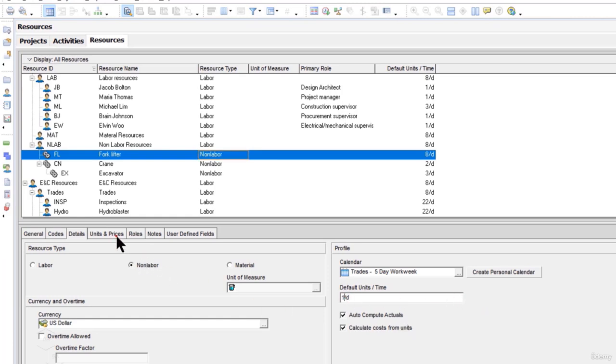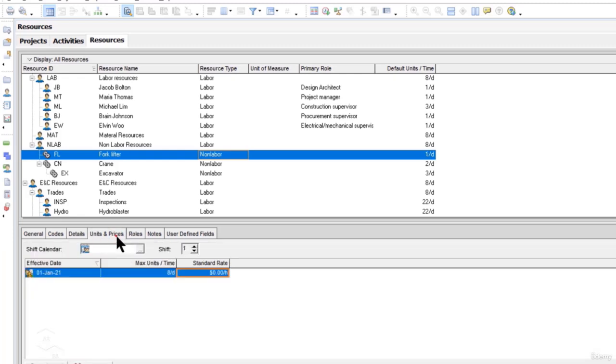Then I will click on units and prices tab in the resources detailed form, and the maximum we are going to need is 1 forklifter only, so I will change this to 1 per day, and this forklifter is going to charge us $200 per day. Now let me quickly add our next non-labor resource, which is concrete mixer, and let me right